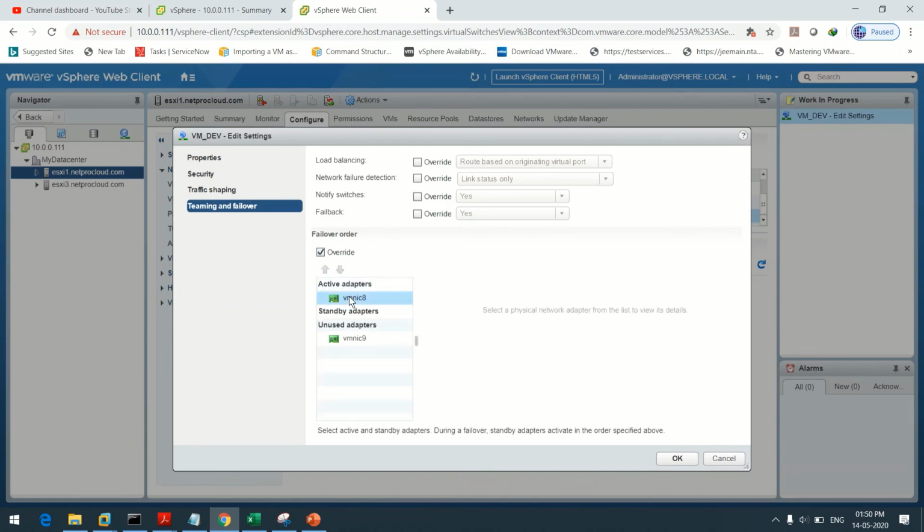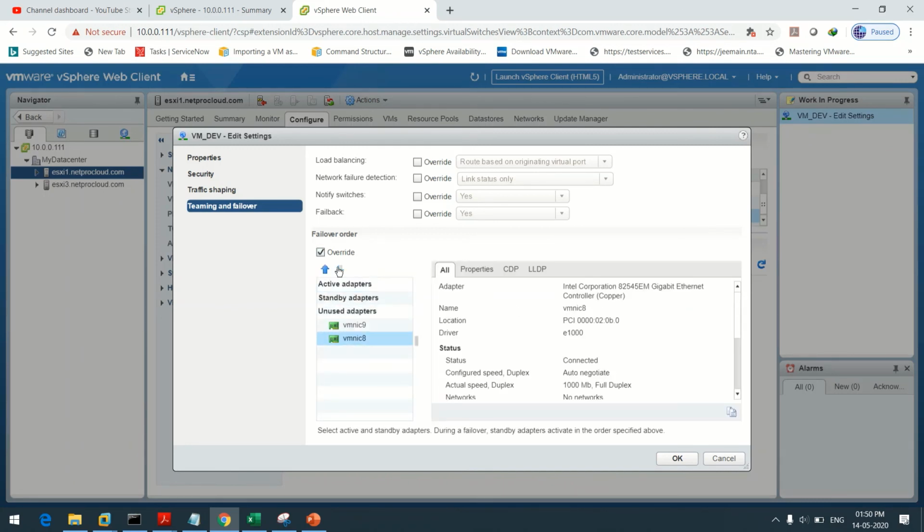So override, so select the VMNIC 8. Now keep this VMNIC 8 in the unused adapters because it has been already used by the production virtual machines. So for the development we are going to use VMNIC 9. So select it and put this adapter in the active adapters. So VMNIC 9, it is in active adapters. So press OK.